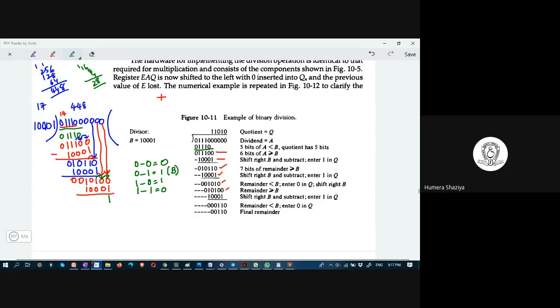These rules are applied here. Therefore, you obtain here 1 and here also you get 1. And here you get 0 and this is 0 and this one is 0. Okay, how many zeros we brought down? This one, this is 5 and this is 6. Actually, there is one 0 extra. This 0 I have not considered.